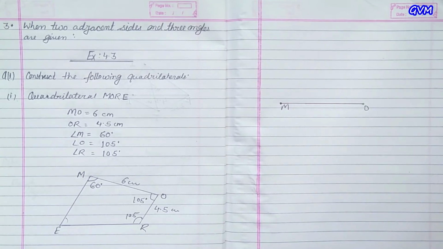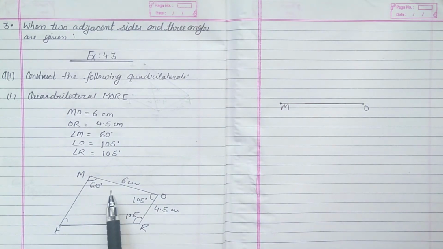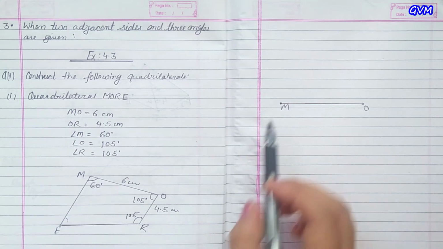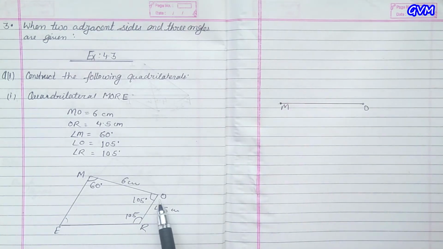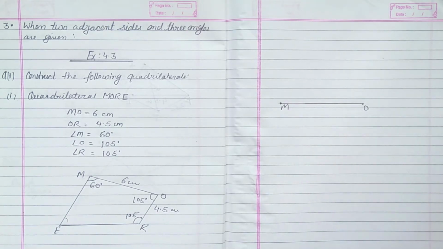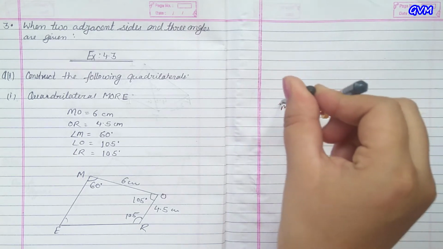Okay, now from M we have to construct a 60 degree angle and it will lead us to point E. But this is the last step we are going to do. Firstly we will construct a 60 degree angle from here and a 105 degree angle from O. So we will take our compass. Now put the needle at M